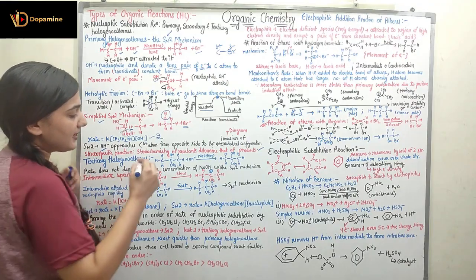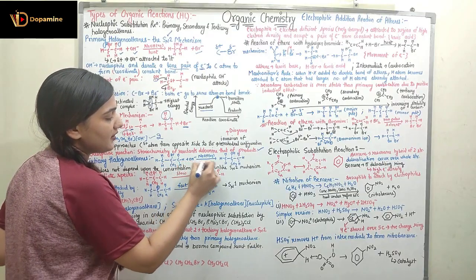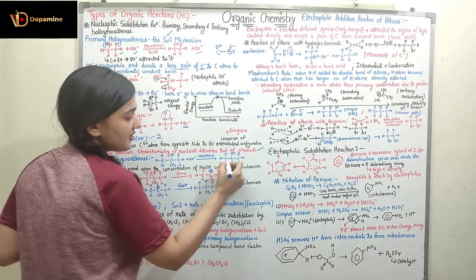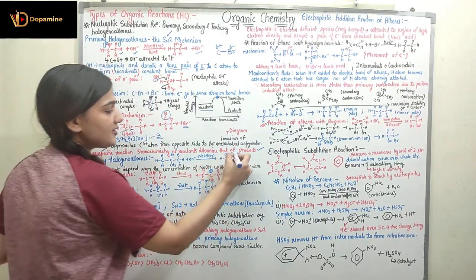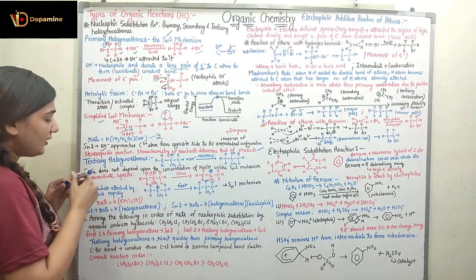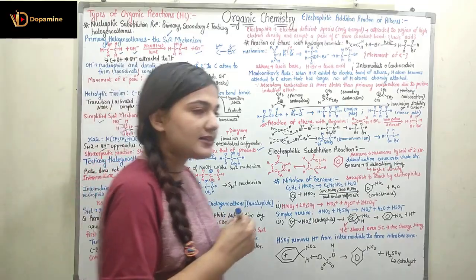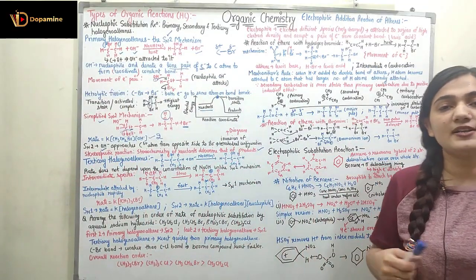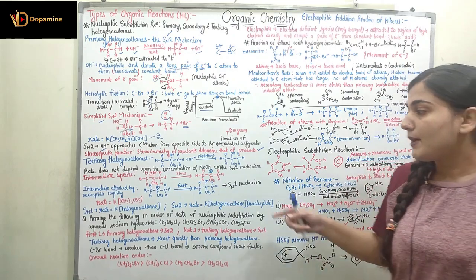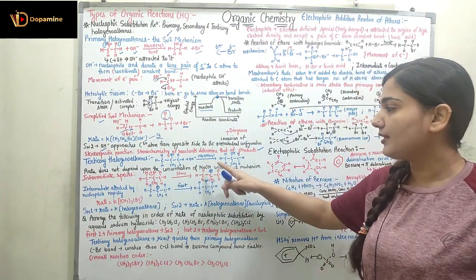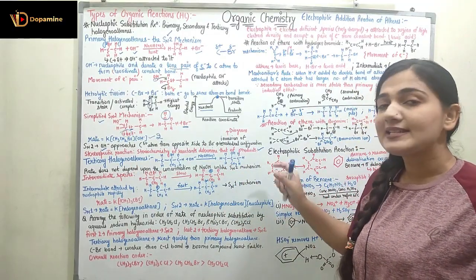In the tertiary halogenoalkanes, we have (CH3)3CBr plus OH negative. In the presence of NaOH, it is going to give (CH3)3COH. Here you can see OH is coming in. Now, the rate does not depend upon the concentration of NaOH. In the SN2 mechanism, the rate was dependent upon the concentration of the reactant as well as the concentration of OH negative ions. But here, in the SN1 reaction, the rate does not depend upon the concentration of NaOH. So, it is the SN1 reaction.